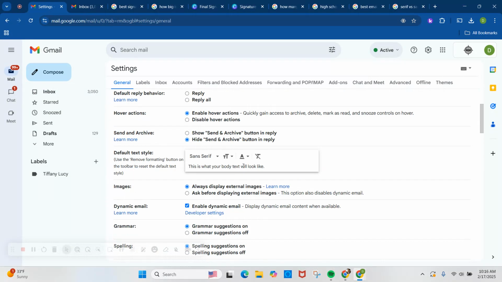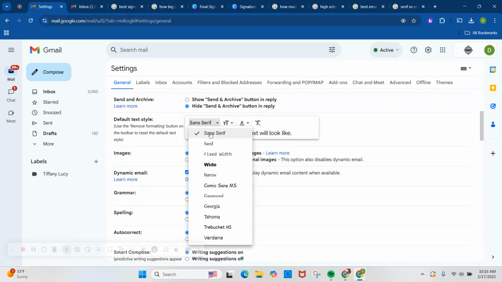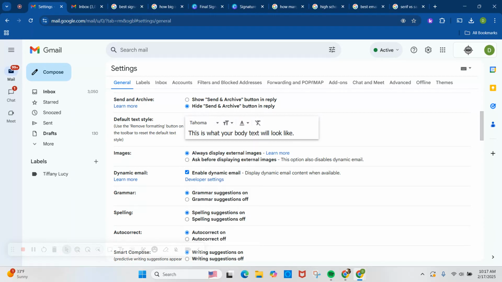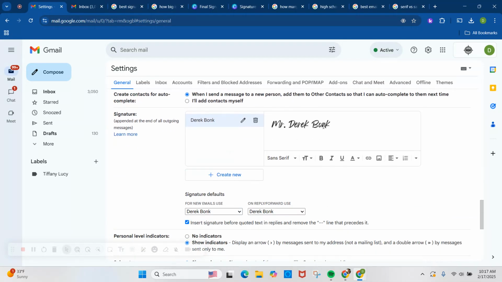See all settings. Your default text format is here. So if you have bad eyes or you're emailing people that need to see a little bit bigger format, you can change this. You could also see sans serif as a default style. Then there's a serif. Most of these are pretty basic, but you can change your preset for your default text style in addition to, which means you can format what the body text looks like and your signature at the same time. You could also preset this to,